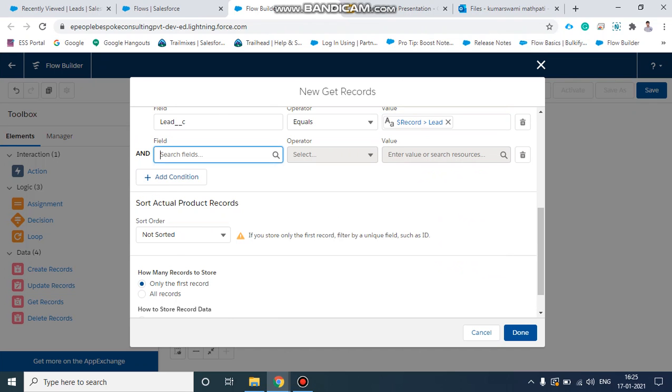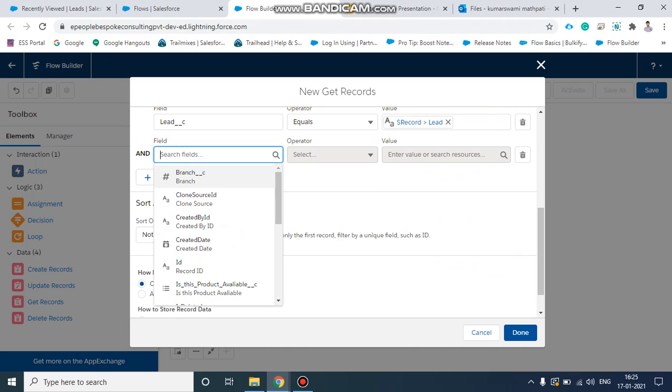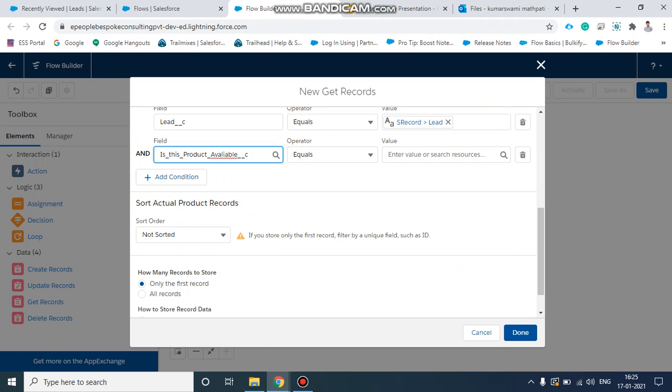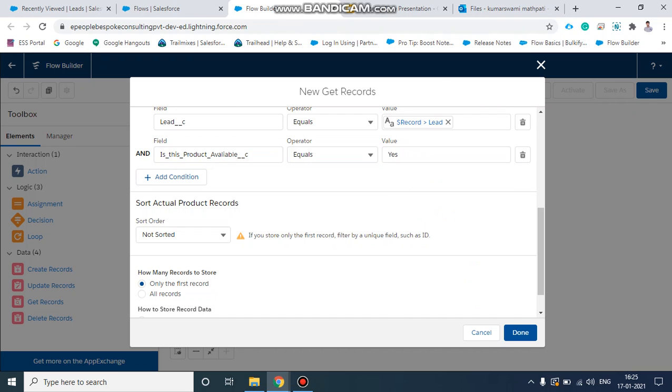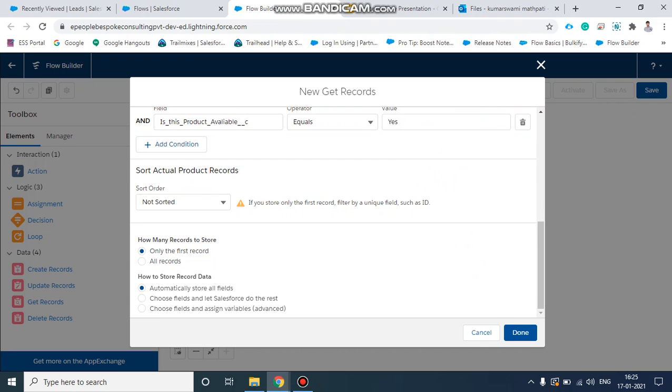And one more condition: as I mentioned previously, is product available is a picklist in which the value should be S, equal to S. Then only those records should be fetched. All the records need to be stored, and for the remaining we set automatically store all fields.